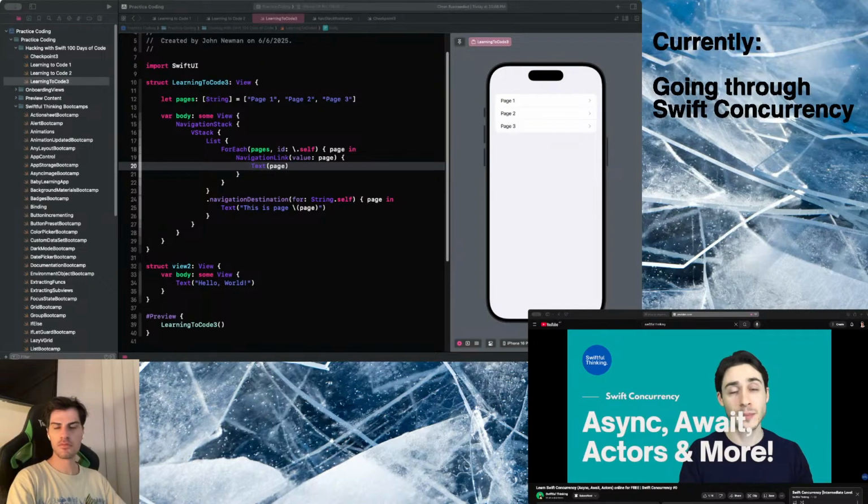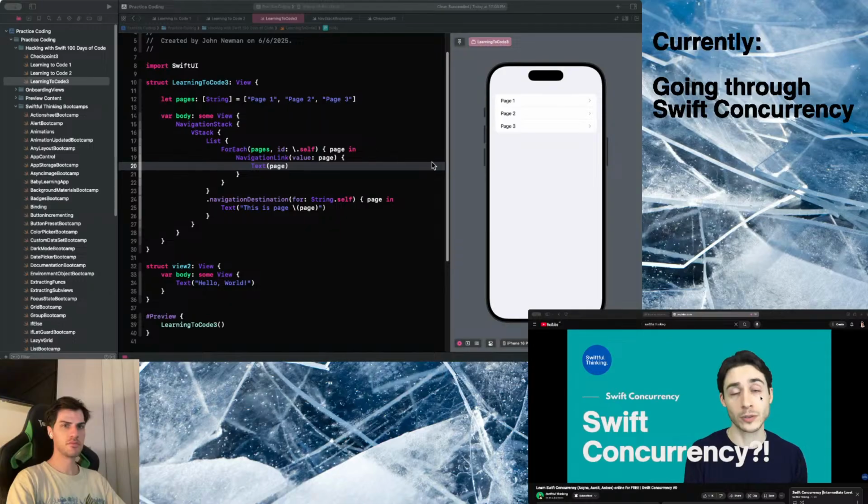This playlist is going to be everything that you need to know about Swift concurrency. For those of you who don't know, Swift concurrency was recently added to the Swift language. So before this, there were predominantly two main ways of writing asynchronous code in Swift. We used escaping closures and we used Combine. And if you don't know either